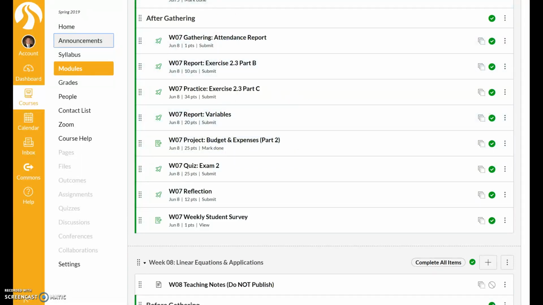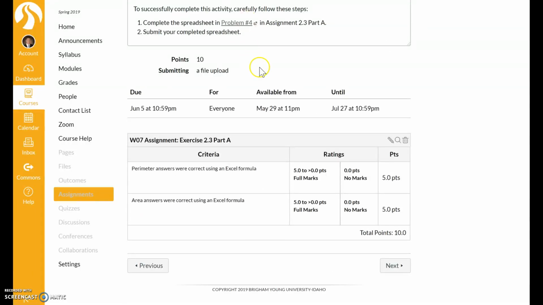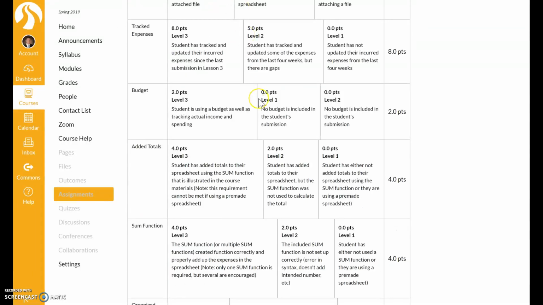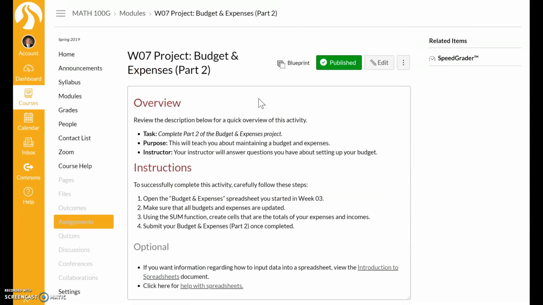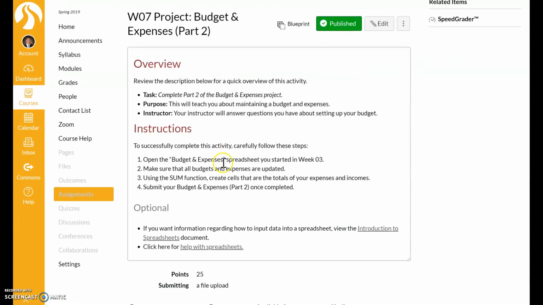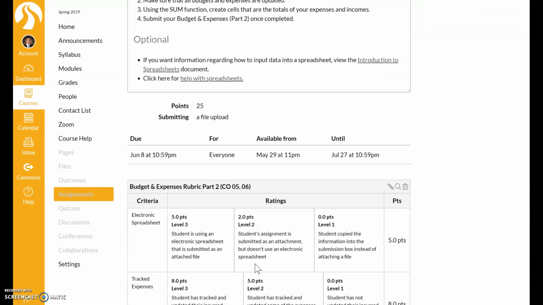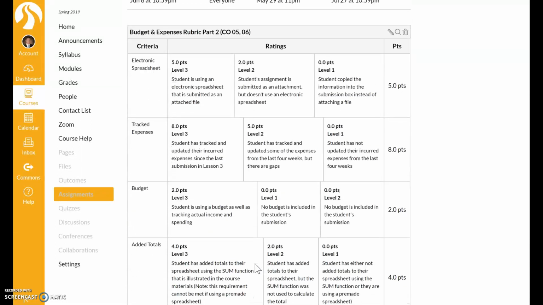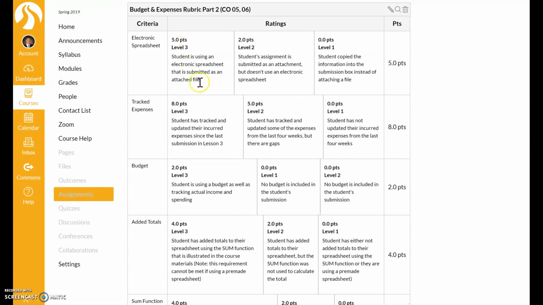So, let me pull it up here somewhere. Here it is. First off, if you were to click on the assignment, this is what comes up. Here are a couple of optional resources that teach you about how to use spreadsheets and stuff. First thing I want to mention is that here, if you scroll down a little bit, is the grading rubric,